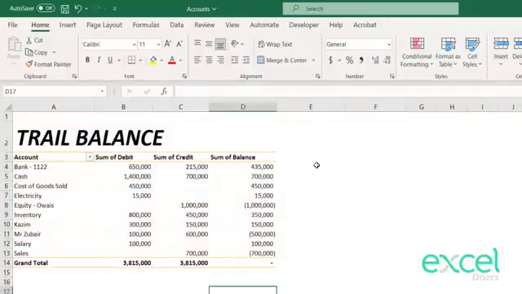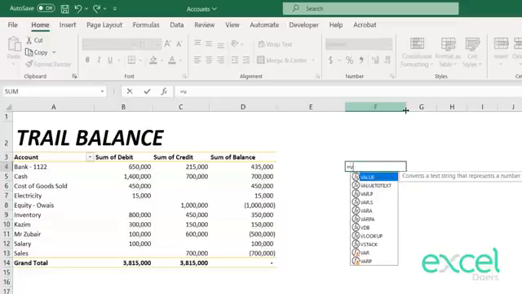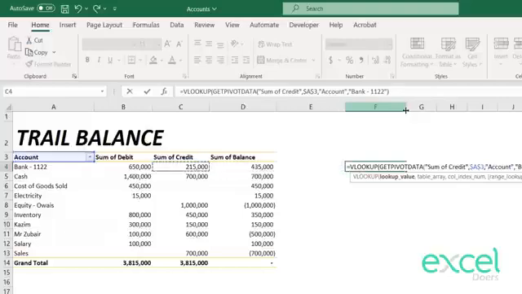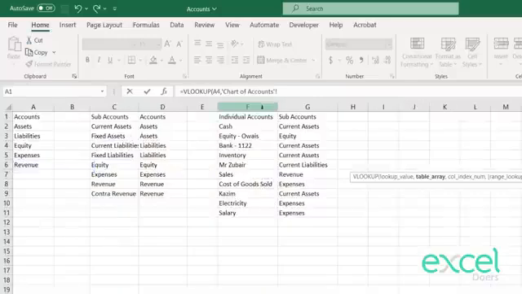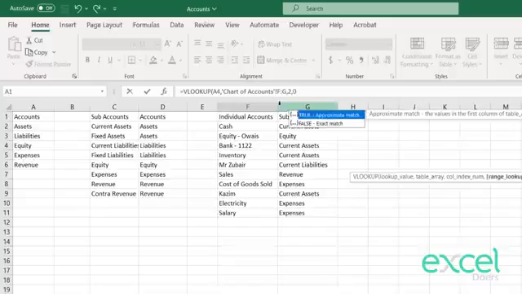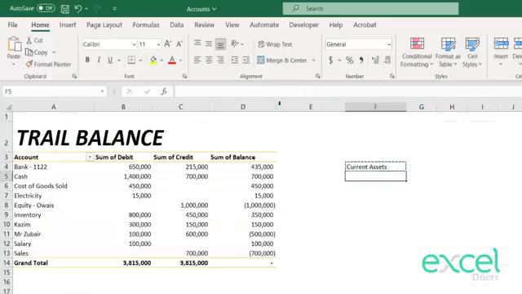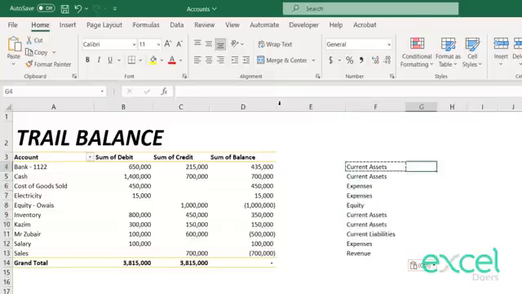So what I have to do is fetch, so I have to do some hidden working here. Let's say I call it VLOOKUP, and I will select this account, comma 0. Then I will select my chart of account, and I will take the sub account column and press comma, then 2, then comma, then 0, then comma, then enter. So this is my current assets, this is my fixed assets, right? So if I look into the accounts like this, where it should go,